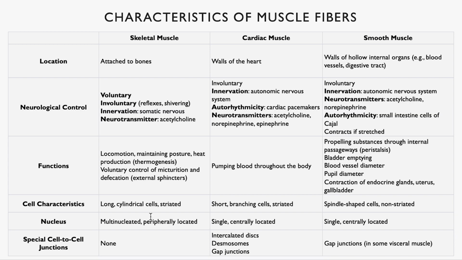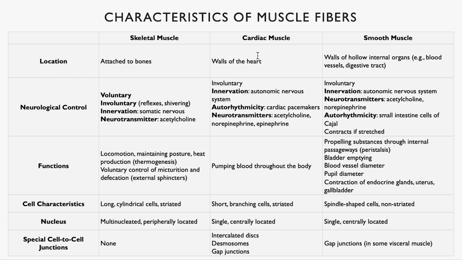The skeletal muscle cells are multinucleated. The nuclei are peripherally located towards the cell membrane, and there are no special junctions between the cells in the skeletal muscle. Okay, the cardiac muscle is in the heart, forming the walls of the heart, the contractile cells of